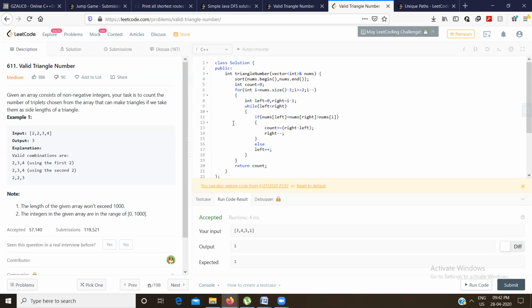Right. Instead of incrementing everything, I'm saying just figure out the index directly with the help of binary search. Yeah, that you can do, but it would still remain O of n. That is what my point was. The inner part would still be running for n, because right is not fixed always. Yeah, right will change, but you are still saving some time because of the left plus plus. You can directly jump to the correct index. Yeah, but I don't think it will create much impact, but that's good. Because it's sorted, you can take help of binary search.